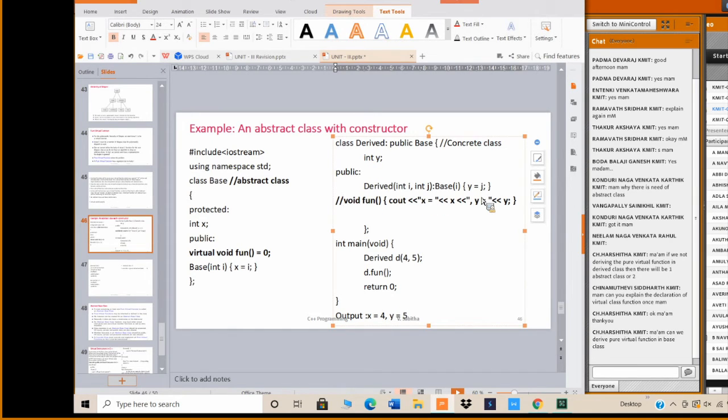Siddharth, are you following? If this function is not overridden here, then this class also acts as an abstract class. So there should be one more derived class which will override this pure virtual function. If you do not override the pure virtual function, what will happen? You cannot create an object of an abstract class, so you can't access its members. Is it clear? So in order to perform the functionality properly, a derived class must override